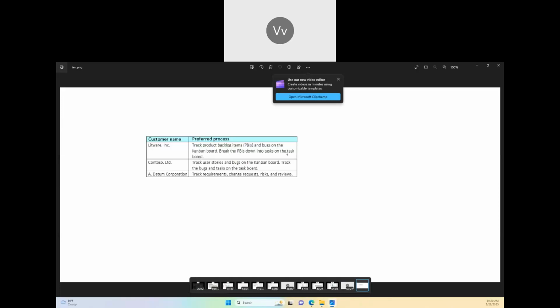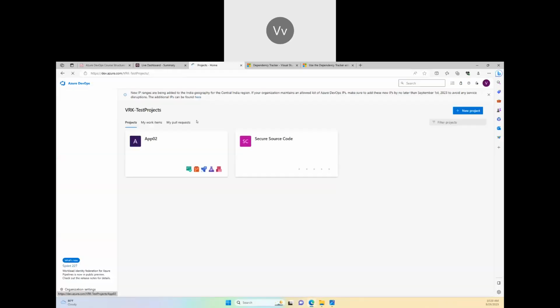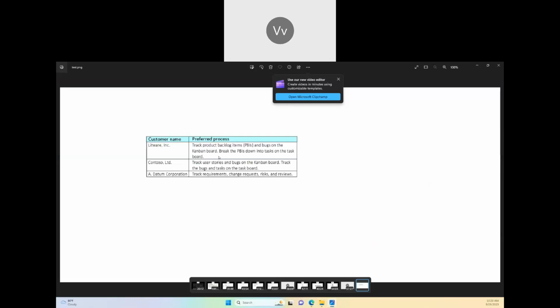Take PBI into tasks on the task board. So you have to keep going to product backlogs. So first thing is if I go into product backlogs, the company wants product backlogs, bugs, Kanban board. Kanban board is part of the Scrum planning itself, but they wanted to report Kanban board as the way to actually track the requests and everything. So break the PBI, which is nothing but the backlog items, into tasks on the task board. Okay, so you wanted to break into subtasks. At that point of time, you go for